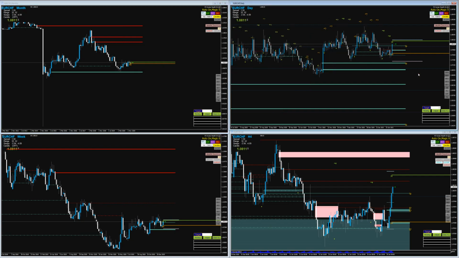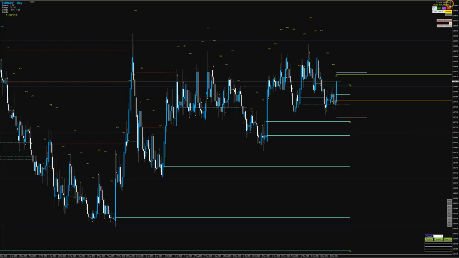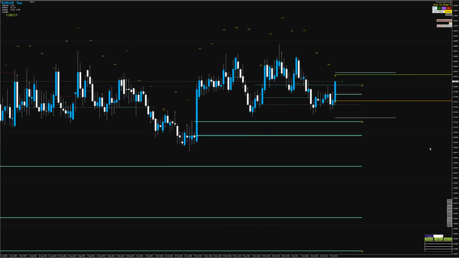But what is important for me here on the daily is this. So what I'm seeing, the price has moved up sharply, then it retraced, then moved up sharply, created a new high again, and here is where the banks started to build their positions. What we are seeing right now is a correction, and what they've been doing in this correction is adding positions to the long side, right? So they are actually bullish. We are seeing that they are bullish, and what the retail is doing is bearish, right? So great for the trade.